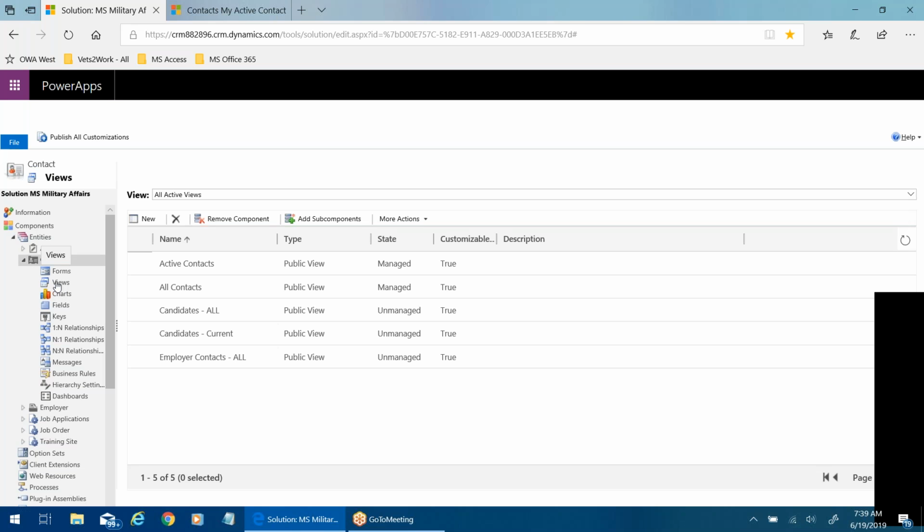I think we need to go to the views and determine which of these views use which of the forms we want. We've got candidates all and candidates current, so we know those should be the ones we're looking at when we look at the candidates.